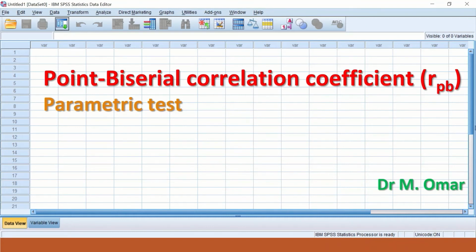So the test will examine the strength of the relationship, the direction of the relationship, and will determine the significance of association between the two variables by producing a p-value. The Point-Biserial correlation coefficient is in fact based on using the Pearson correlation coefficient. So it is considered to be a parametric test. And the way to do that in SPSS,